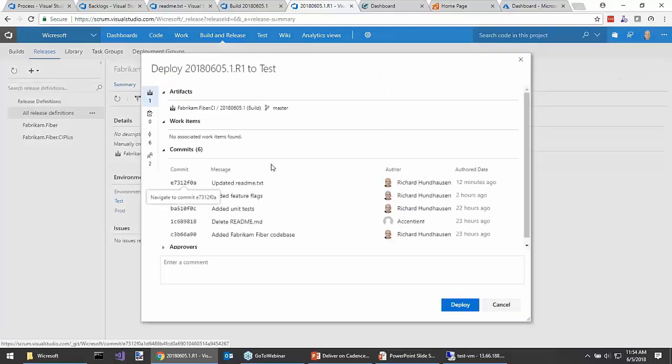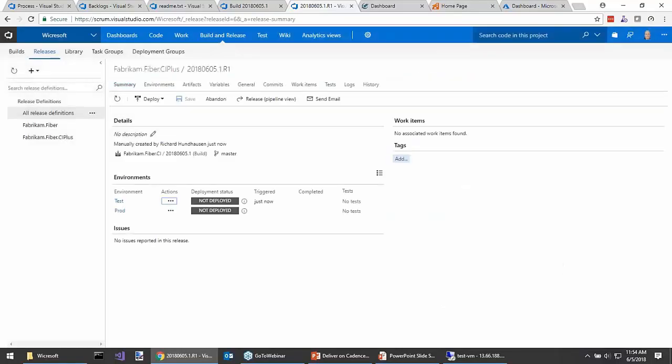Now this is nice because it says, hey, before you hit that blue button in the corner down there, we've updated a lot of things here. We've added some unit tests and we've associated some work items with it. Are you sure? Yep. Good, deploy it. If you don't want it manual, you can make it automated. So as soon as the build completes, this thing deploys to that environment.